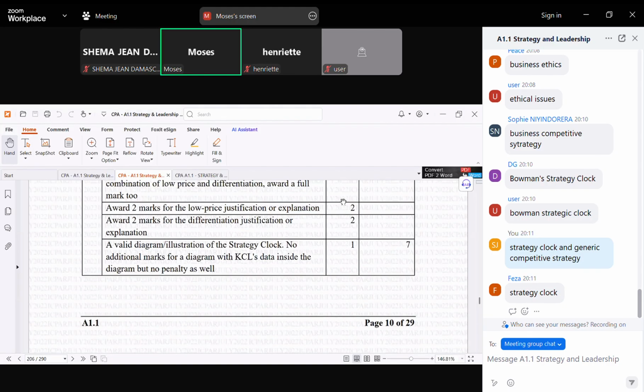Okay? So if you don't do what I'm telling you here, you are going to miss marks. Remember that in some cases you are awarded 2 marks. So imagine if you lose a minimum of 2 marks on each question. Those are 3 questions, 3 times 2, those are 6 marks. Maximum, those are 12 marks. For someone who needs 50 marks to pass, 12 marks is a lot. Okay?